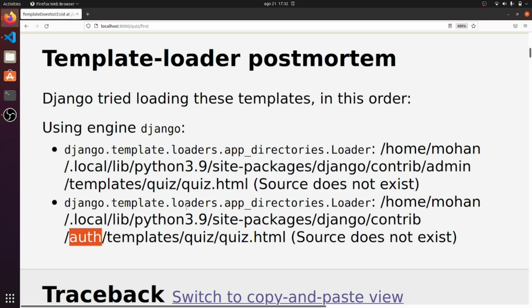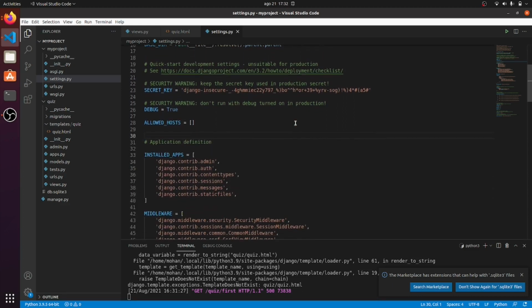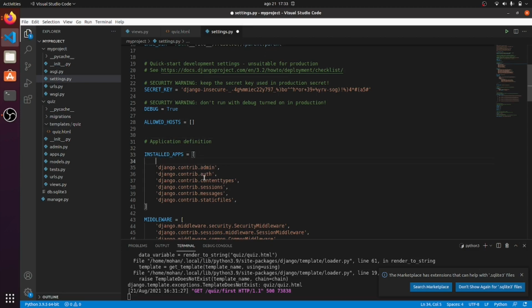To resolve this, I am going to update my settings.py file. In settings.py, if you scroll down a little bit, you can see INSTALLED_APPS. As you can see, we already have some apps installed. So I am going to write my app name in installed apps, which is quiz.